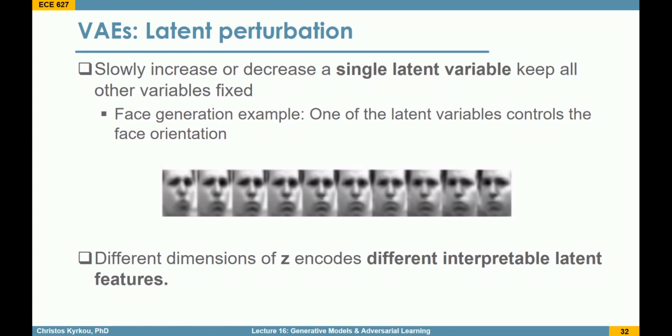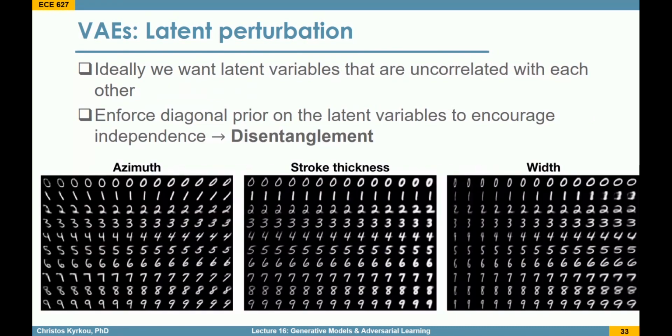So by finding out what each variable does, we can then have a more targeted generation process. In this example that you see right here, in these phases, they are a result of distorting only one variable in the vector. In this particular case, that component affects the orientation or the pose of the face. In similar fashion, different dimensions of the latent vector can affect